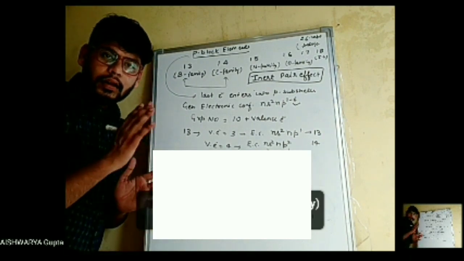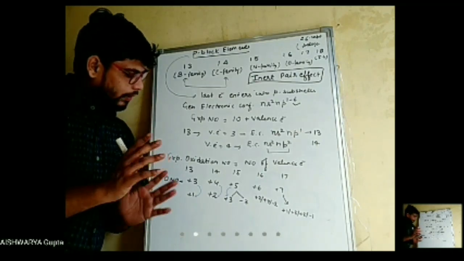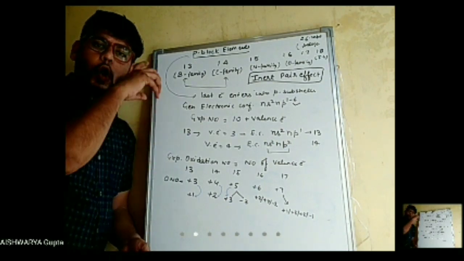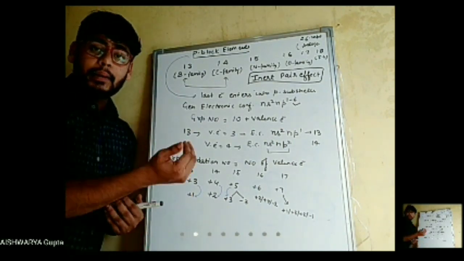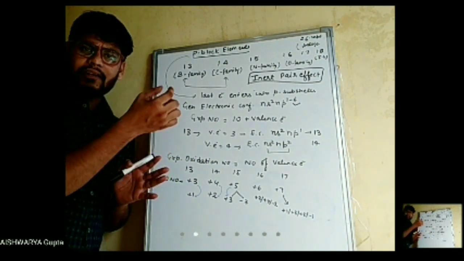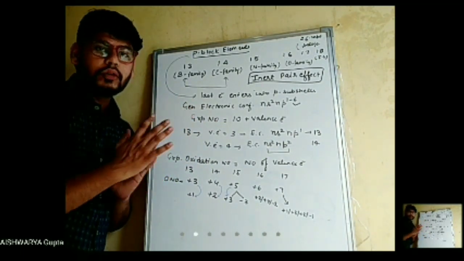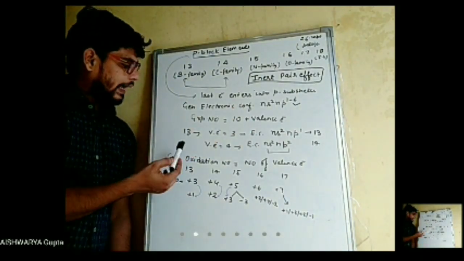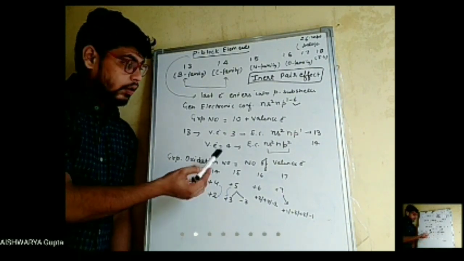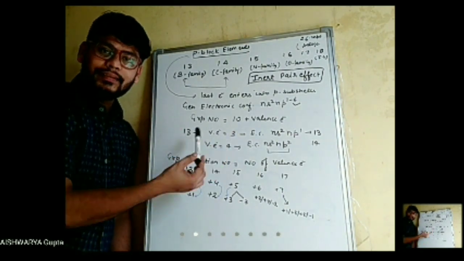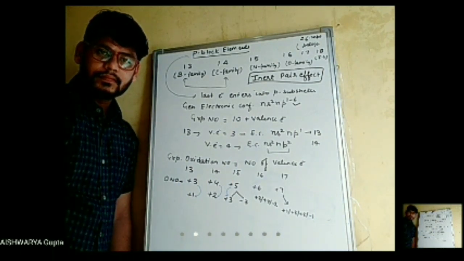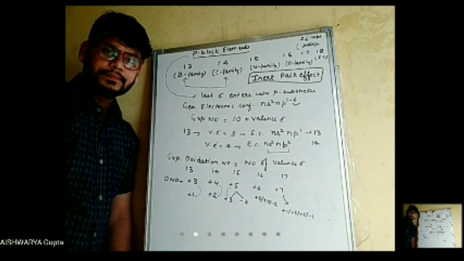Please tell oxidation number. Aditya, simply for the p block elements, just assume that the group oxidation number is the oxidation number which will be common in all the elements. There are some elements which show different oxidation numbers, but there will be a certain oxidation number that will be common throughout the group. So that is your group oxidation number, and it equals the number of valence electrons. Like group 13 is +3, group 14 is +4, because group number minus 10 equals valence electrons. Now it is clear?